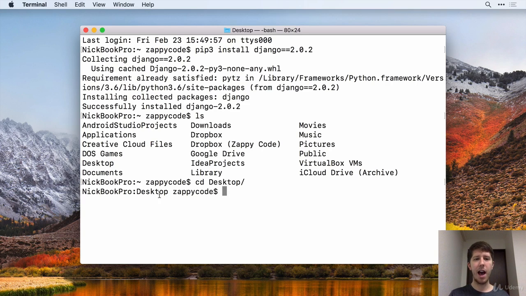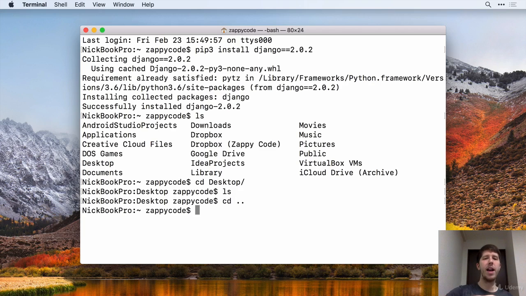So now you can see I'm on the desktop, and if I type ls, I don't have anything currently on my desktop, but if I ever want to go backwards, I could say cd space .. and that takes me one directory back. But this is how you move to the correct place on your computer where you want to save your project. For me, I think the desktop is a great place, so I'm going to go back there. But once you have that, go ahead and type out